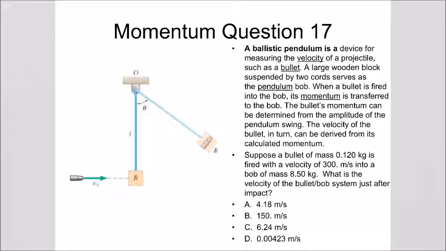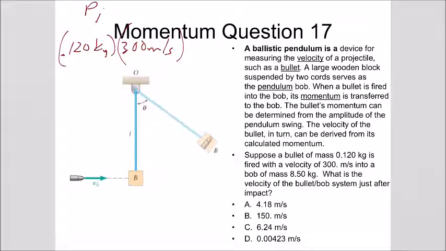What is the velocity of the bullet bob system just after impact? So this is an inelastic collision. We've got to use conservation of momentum. The momentum before the collision is going to be equal to the momentum of the bullet. The momentum of the bullet is 0.120 kilograms of mass times the velocity of the bullet. The bob initially doesn't have any momentum, so this is our momentum